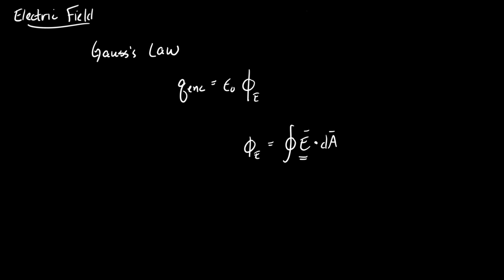So as a means of finding the electric field, this is going to be for only very narrow use cases. Generally, I used to say ones that were highly symmetrical, but that's not really what I mean. I mean cases where the electric field is constant over some portion of your area. Because you need to be able to tease this out of the integral. You need to make sure you have a situation in which the electric field isn't changing on different parts of your area. So when I look back at this complete three-dimensional surface,